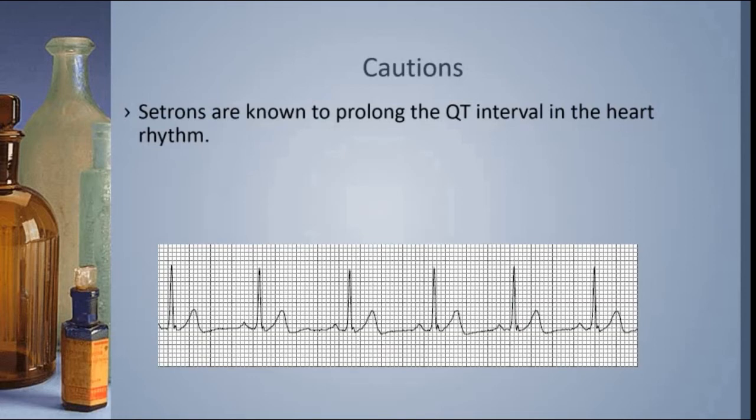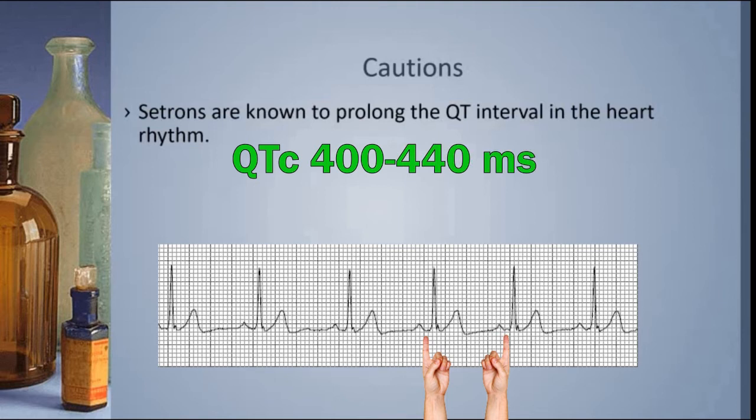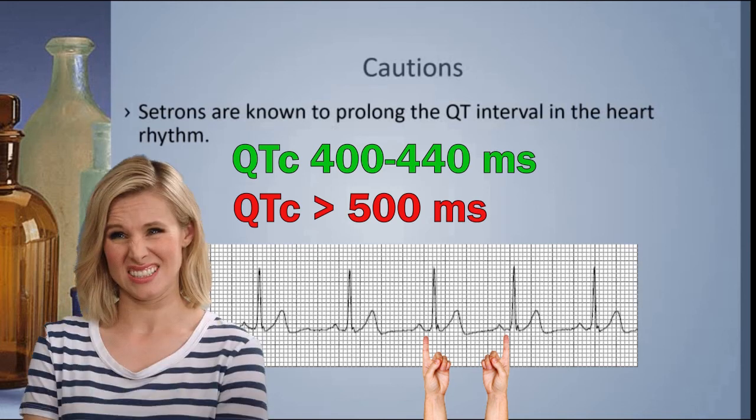This is a normal sinus heart rhythm. This measurement here is the QT interval. If this QT interval starts to get longer and longer and longer, it can be a problem and potentially even lethal. Normally, a QT interval is somewhere in the neighborhood of about 400 milliseconds, and if it starts approaching the neighborhood of 500 milliseconds, we start to look at the patient kind of funny because we get concerned about a